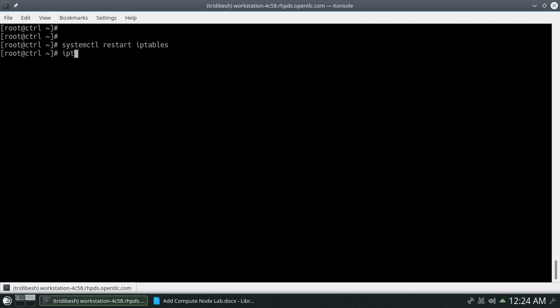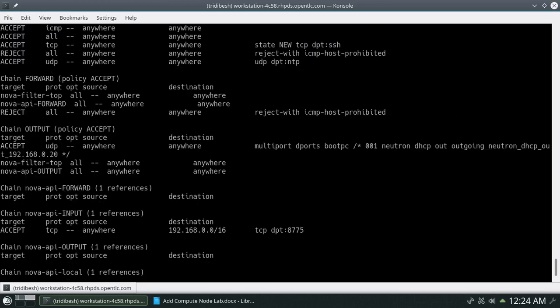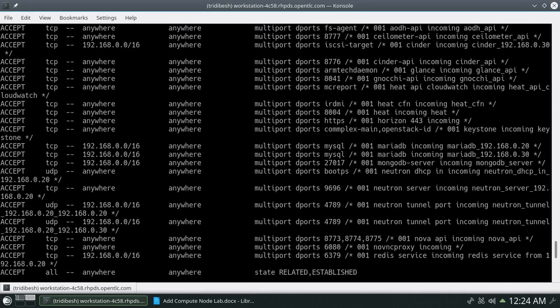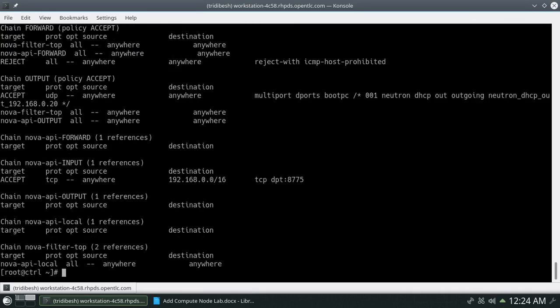So it's been restarted. So verify, you will see all have been changed to 16. So now the new compute node will be able to communicate with our controller node.